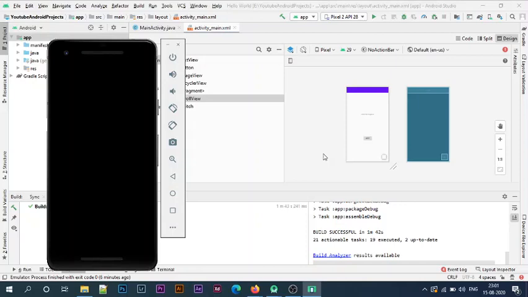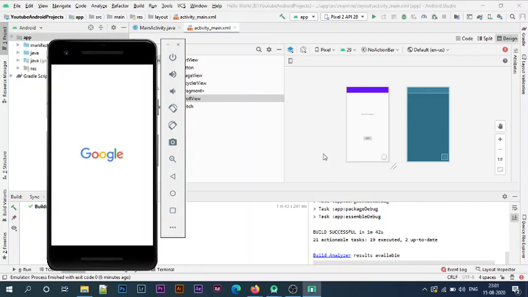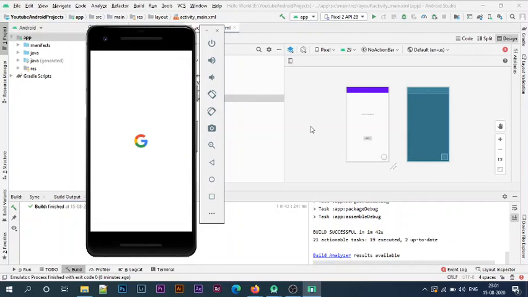If this is the first time you are creating this device, it might take a little bit longer, but when it's done, it will be listed. You can see that the Pixel 2 device is loaded.